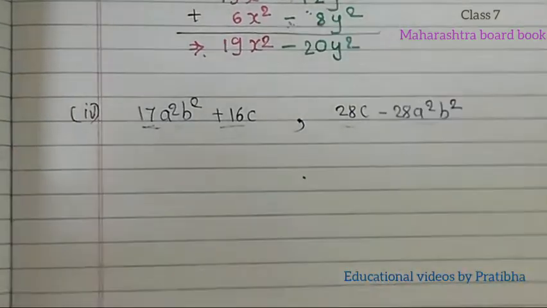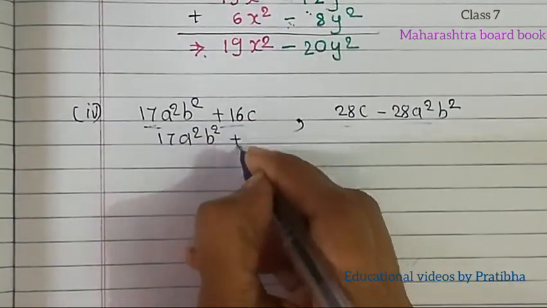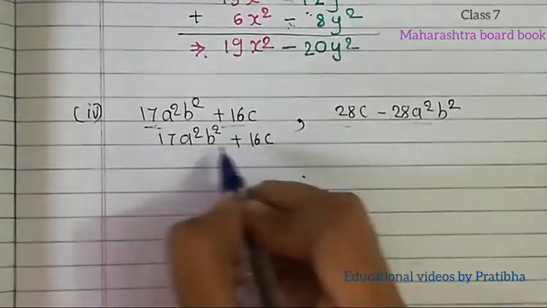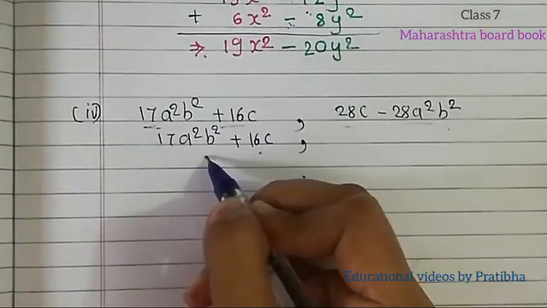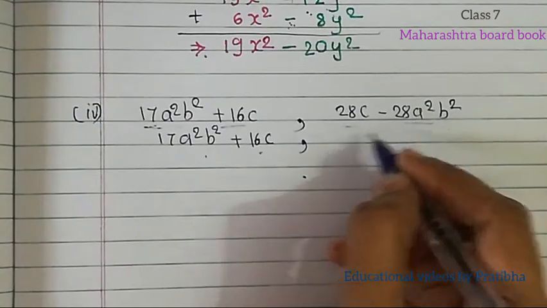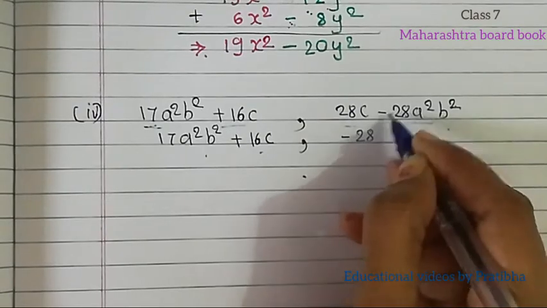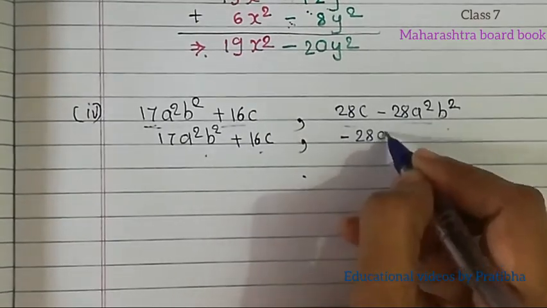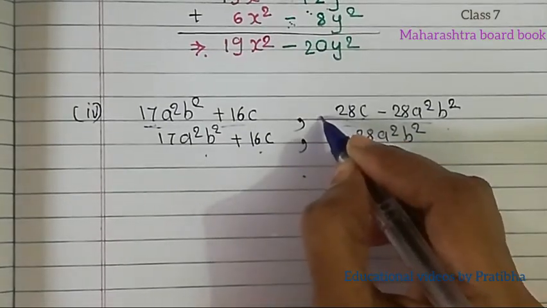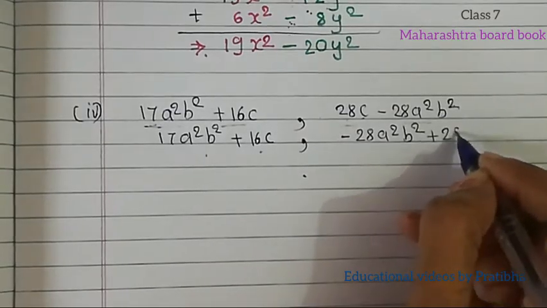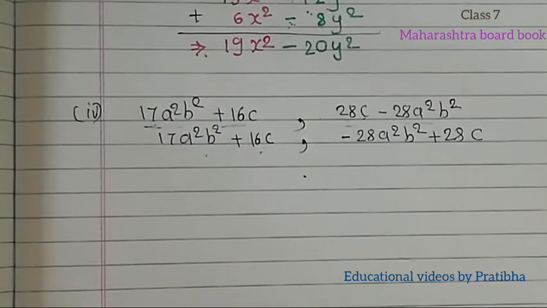It's up to you. So if you want to change the order before arranging them in vertical order, I'm showing you. First expression I have written as it is. While copying second expression, I'm arranging it in the proper order. As the order of first expression is there, in same order I'm going to arrange it. So the first 28a square b square will come before. So minus, since it is minus number, negative number, I'm going to give minus sign in front of it. 28a square b square. And 28c, nothing is there in front of it, that means this is a positive number, so I'm going to give plus sign in front of it. So now I have arranged the number first in the proper order, in the order the way I want.